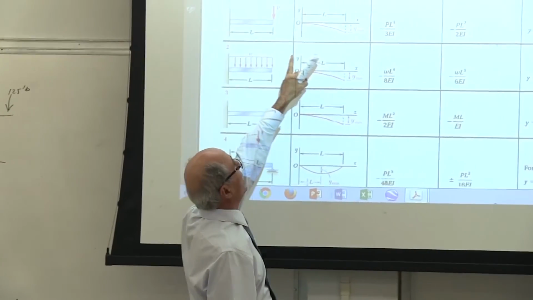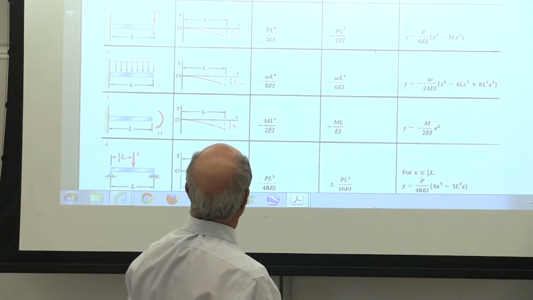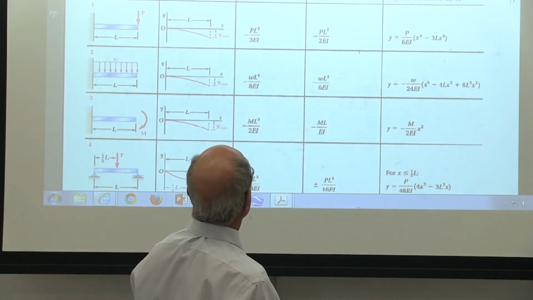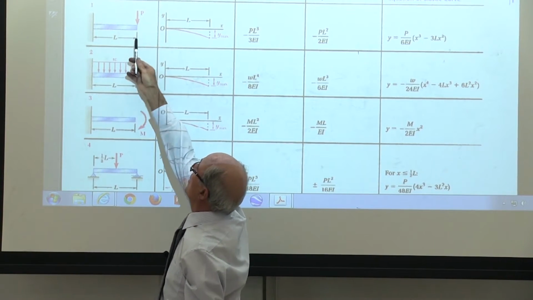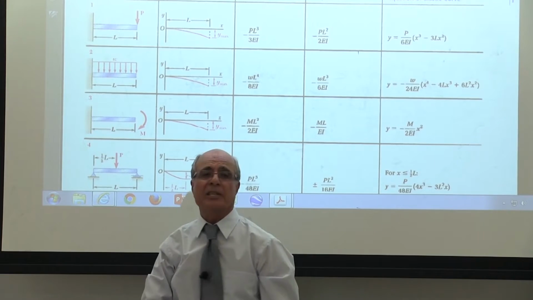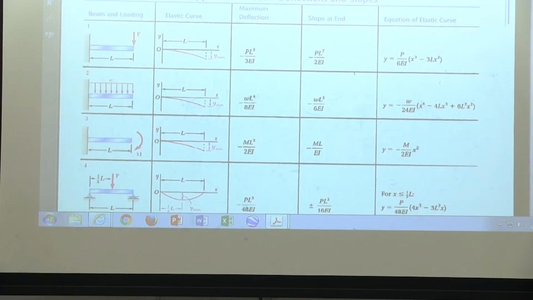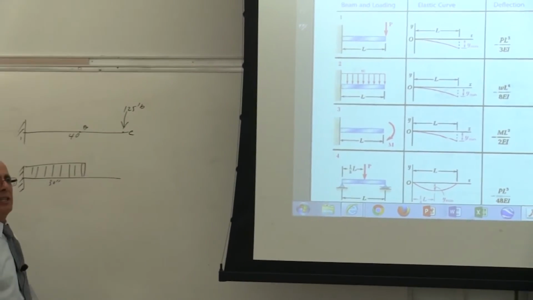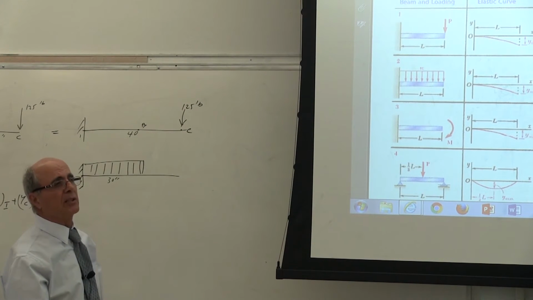The length is 40 inches. Is that correct or not? Yes? And the load is 125, exactly like that. And that is the deflection at that point. Is that what I want? I don't want the deflection at B. I need the deflection at C, and that's in the table. Yes or no? I do not have to use the curve.